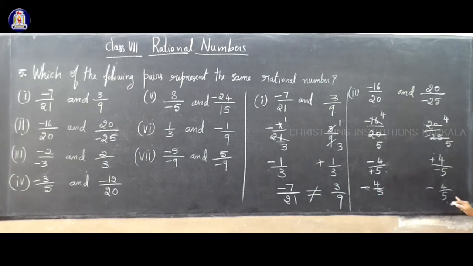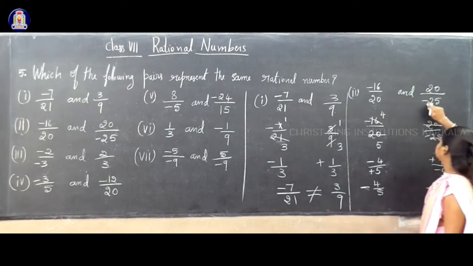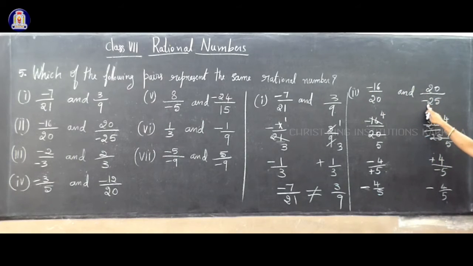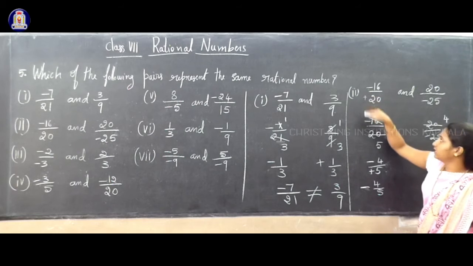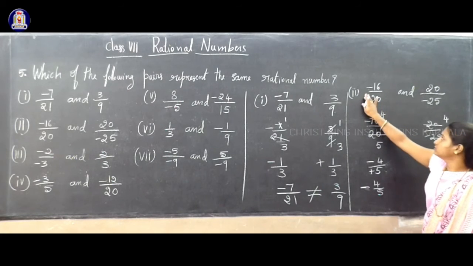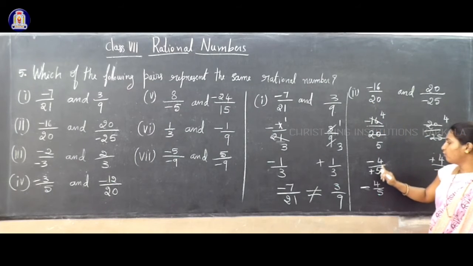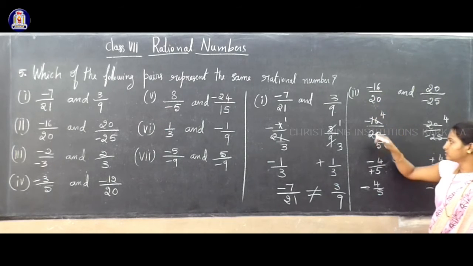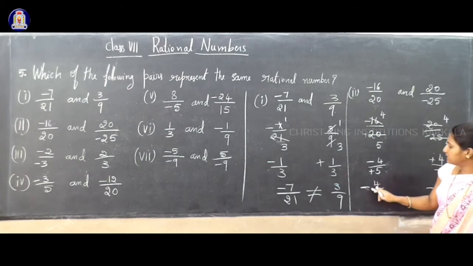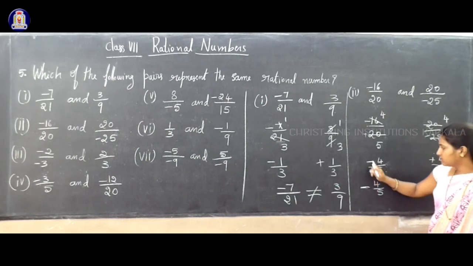See in the question, suppose the sign is given like this, minus in the numerator and in the next term minus in the denominator. What you have to do? You have to simplify it. Simplification means to apply the rule. Where the sign is not given in the denominator, what you have to do? You have to assume, consider the sign is plus. So minus 4 plus 5, minus 16 plus 20. Here your sign is plus. So plus minus is minus. Is it correct? Yes, plus minus is minus.